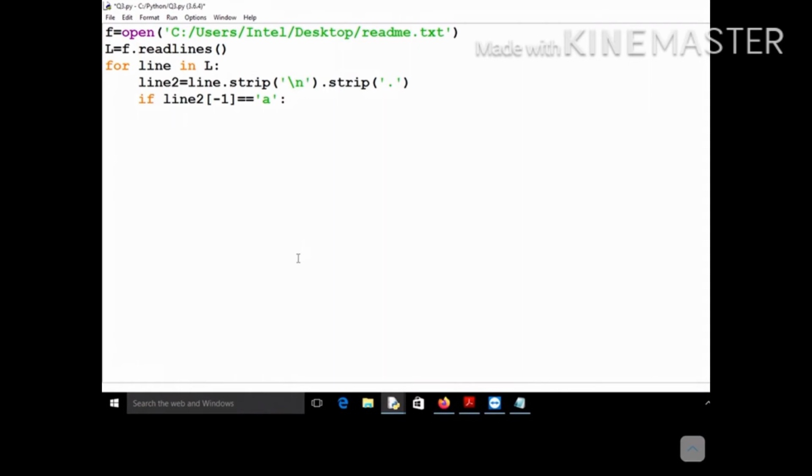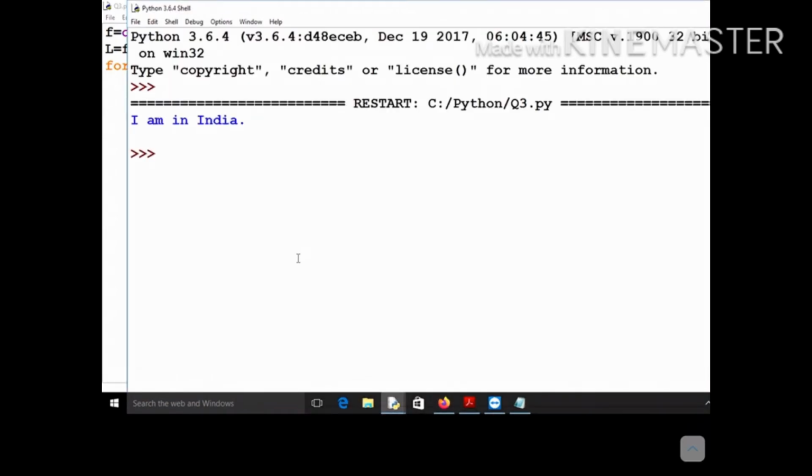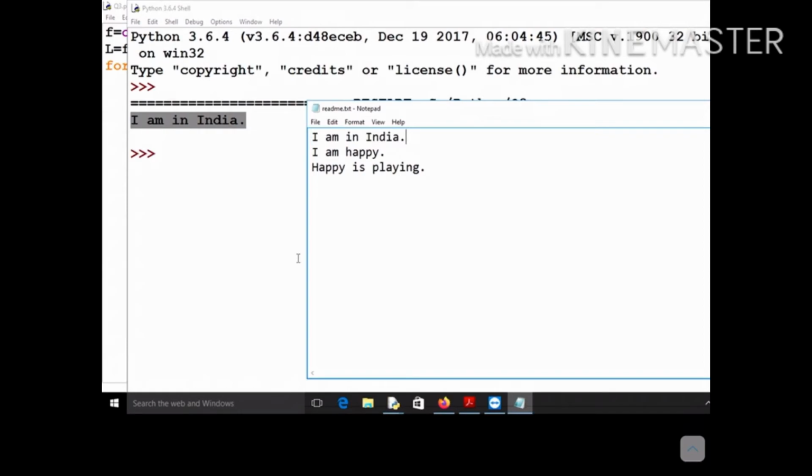So if line2[-1] is equal to A, then only you print your line. Now run it and see whether it gives the correct output. You can see that it gives only the first line, because it has A as the last character. Let me add one more line.